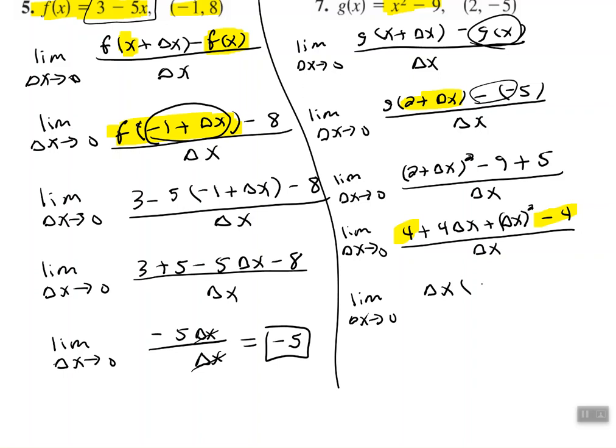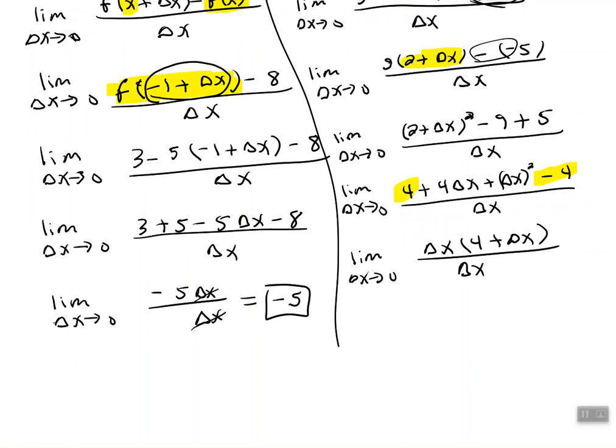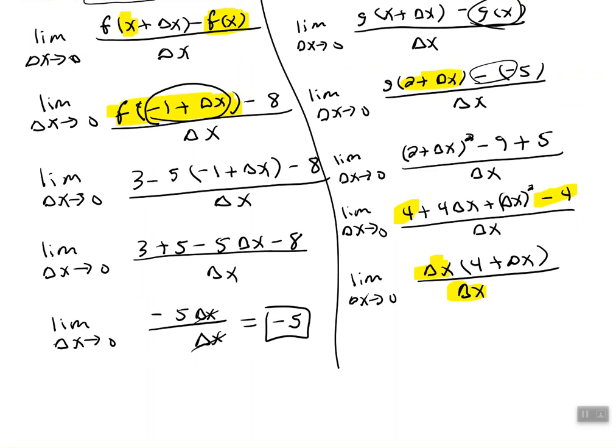We end up with 4 plus delta x all over delta x. And then those delta x's will cancel each other out. So now I have the limit of 4 plus delta x as